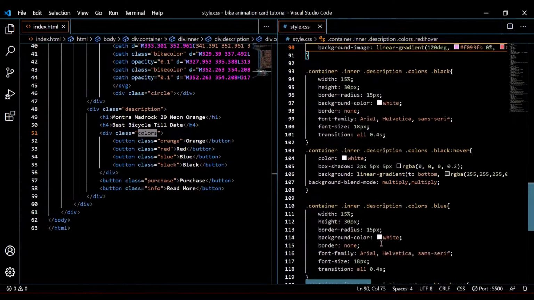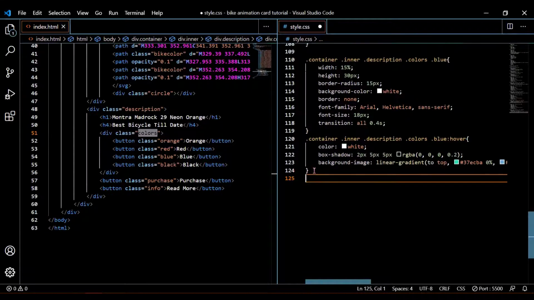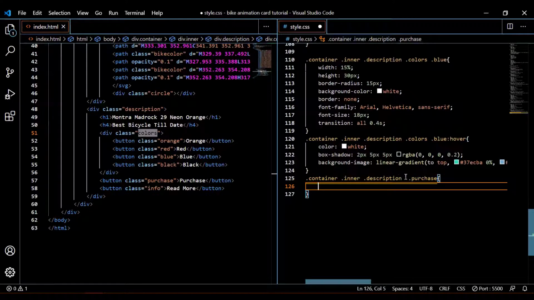So we have 2 more buttons left, purchase and read more. So I'm going to write the CSS. So I'm just writing the selectors. So there is the purchase button selector.